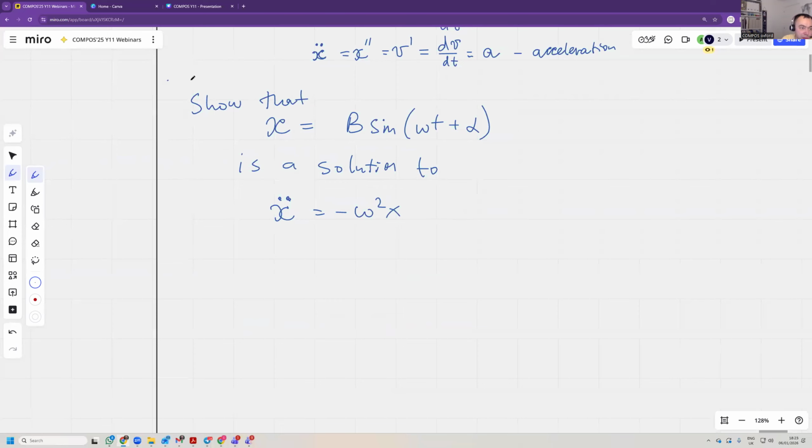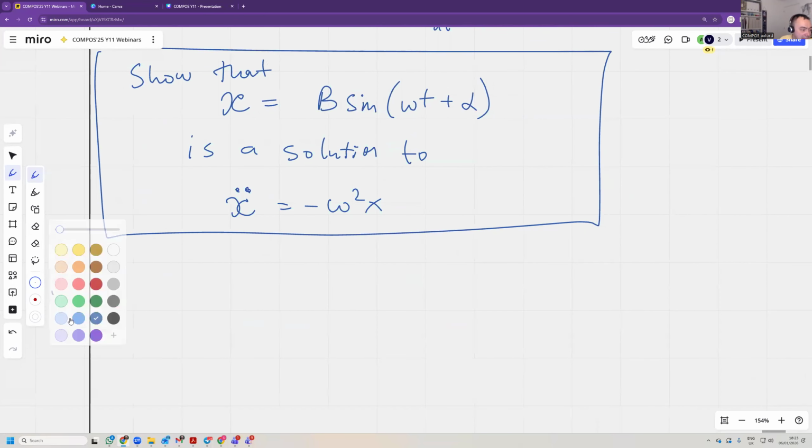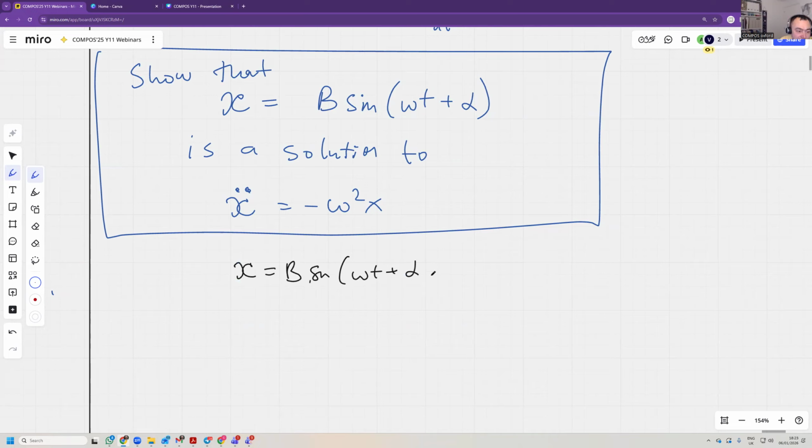That's what we're trying to do, right? So this is the gist of the problem. Let's do that. So what I'm going to do, I'm just finding x, x is b sine omega t plus alpha. Now using the chain rule, I just differentiate. I differentiate x, so it's going to be b multiplied by